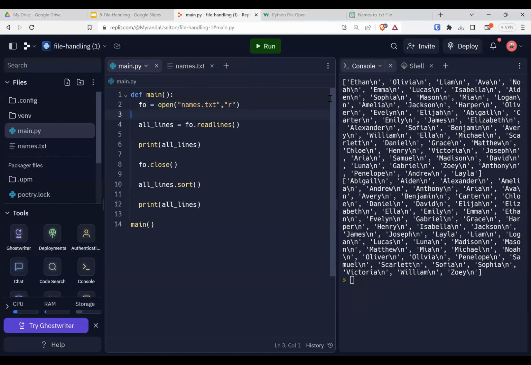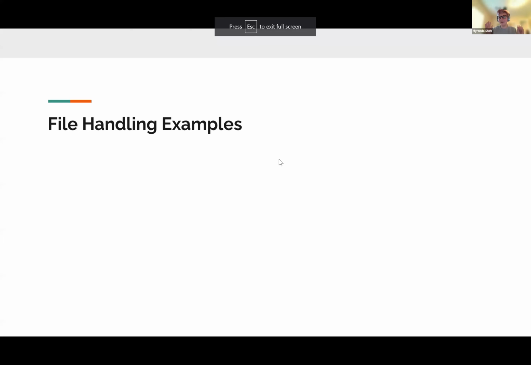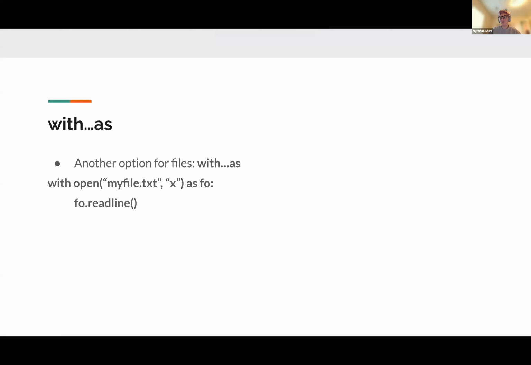Are there any best practices to avoid forgetting to close a file after opening it? Yes. It is like you read my mind for what we're going to talk about next. So yes, there are best practices because it's really common to open your file and then forget to close it. It happens all the time. So what you can do is use what we call with as. This will open your file and then close it when it's done.